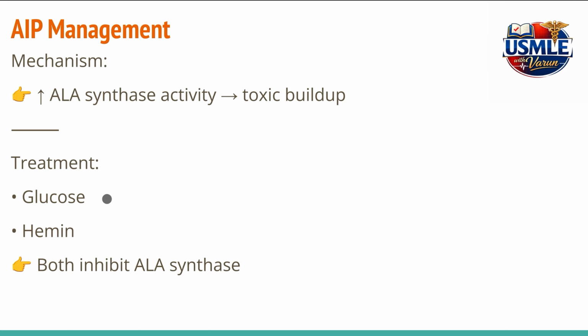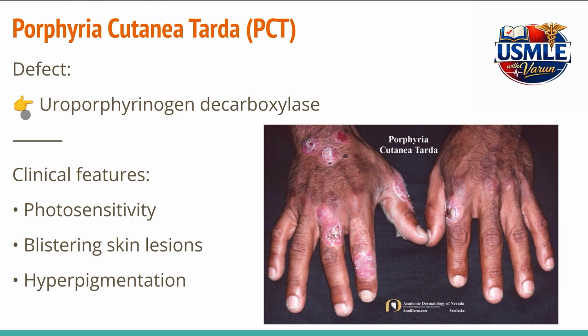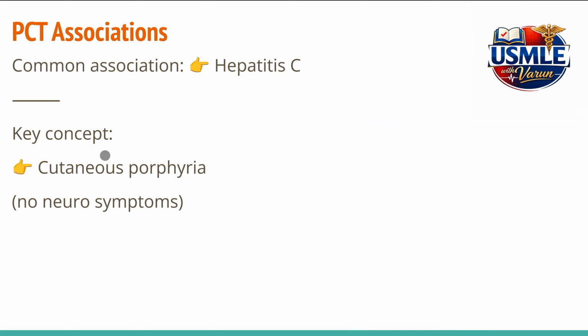intermittent porphyria. And the other important porphyria is porphyria cutanea tarda, which is due to a defect leading to a deficiency of uroporphyrinogen decarboxylase. The clinical features of PCT include photosensitivity, blistering skin lesions, and hyperpigmentation. It's commonly associated with hepatitis C infection, and the key concept that we have to consider whenever studying porphyria cutanea tarda is